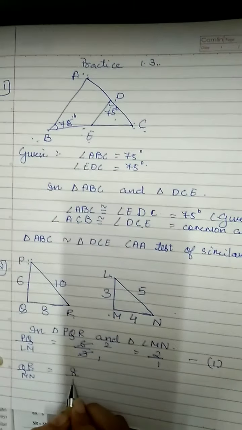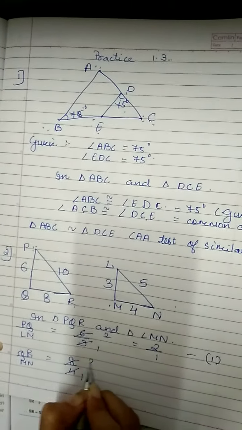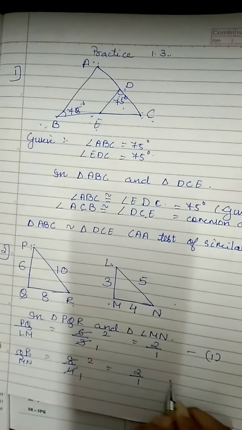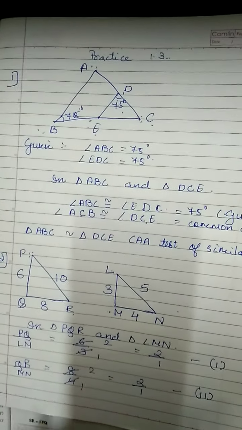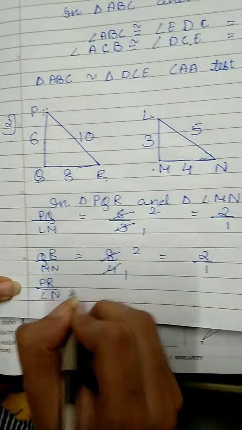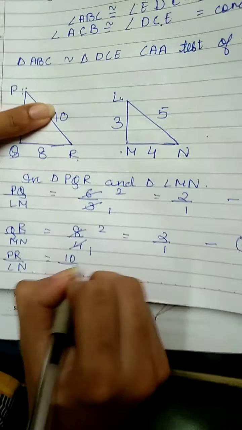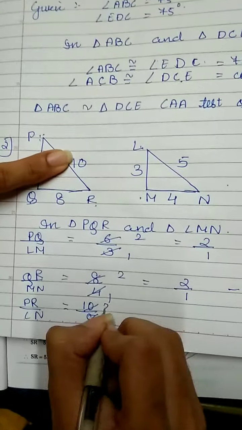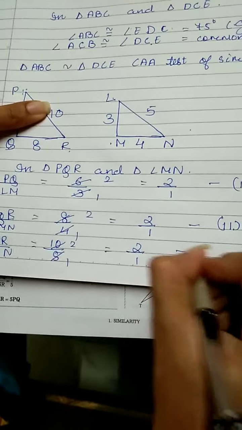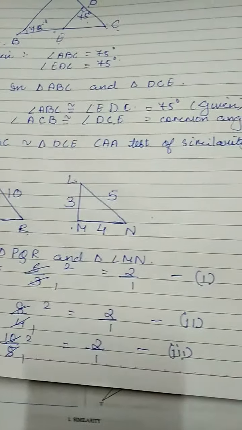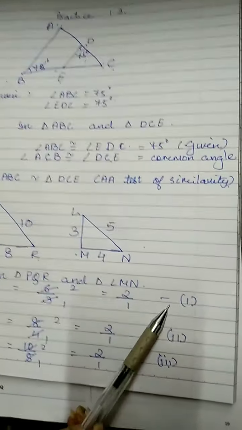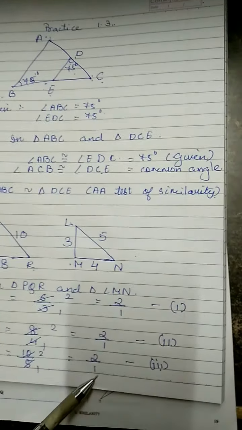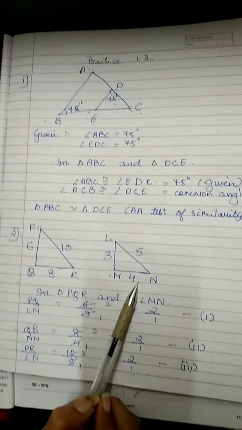QR is 8, MN is 4. 4 ones are 4, 4 twos are 8, which is equal to 2:1. This is equation 2. Next ratio will be PR upon LN. PR is 10, LN is 5. 5 ones are 5, 5 twos are 10, which is equal to 2:1. This is equation 3. Now from 1, 2 and 3, all three ratios are same,